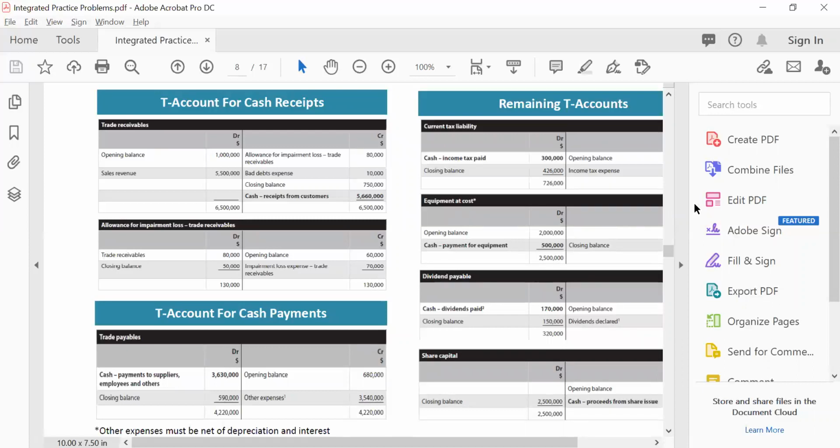So there's another question here, which is, do we need to show all the workings, including the T account? Well, in this case, for computing the cash flow statement using the direct method, showing your workings is going to be very important. Okay, you don't need to necessarily